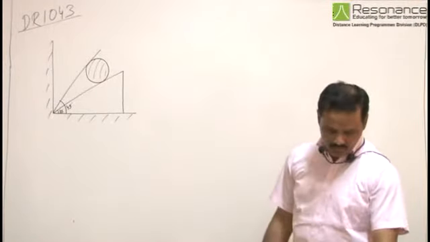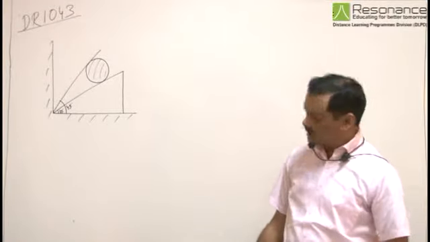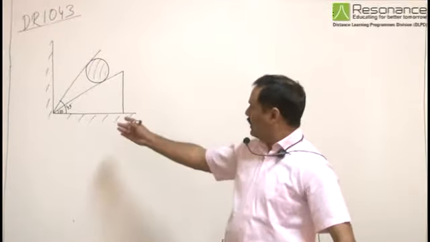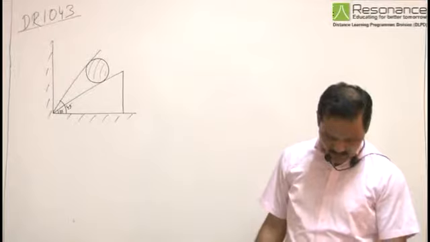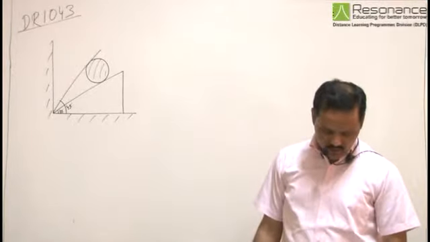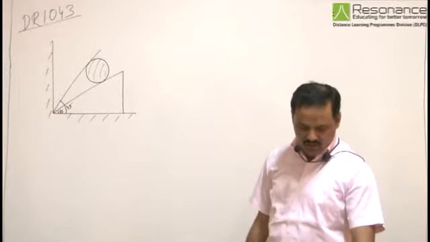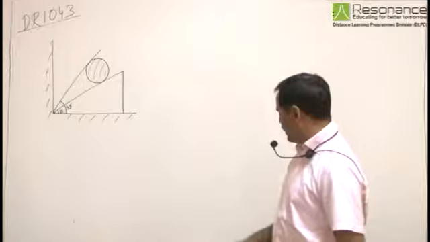In this question, there is a spherical ball of mass 5 kg which rests between two planes which make angles 30 degree and 45 degree respectively with horizontal. The system is in equilibrium. Now we need to find the normal forces exerted on the ball by each of these planes. The planes are assumed to be smooth.